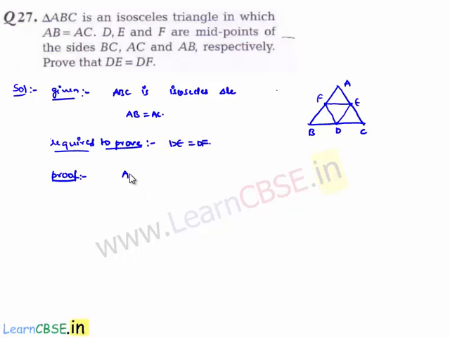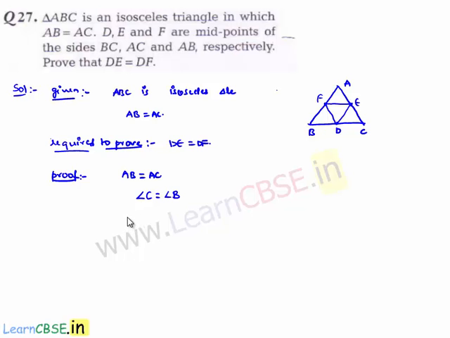It is given that AB is equal to AC. We know that in a triangle, angles opposite to equal sides are equal. Therefore here the angle opposite to AB is C and the angle opposite to AC is nothing but B. Therefore here angle C is equal to angle B,